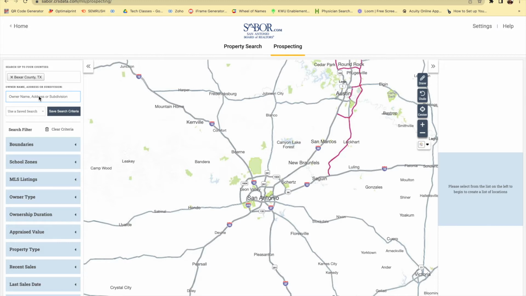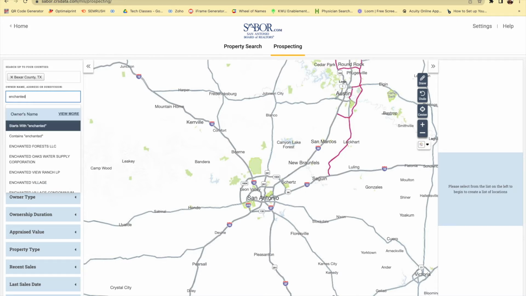And I forgot to mention, I just got right into it, but today we're going to be making a postcard through Michael Lewis Marketing Suite to be able to farm a specific neighborhood. So yeah, sorry about that. But what you'll do is you'll go ahead and put an address or a subdivision. I'm going to go ahead and just put a street name,